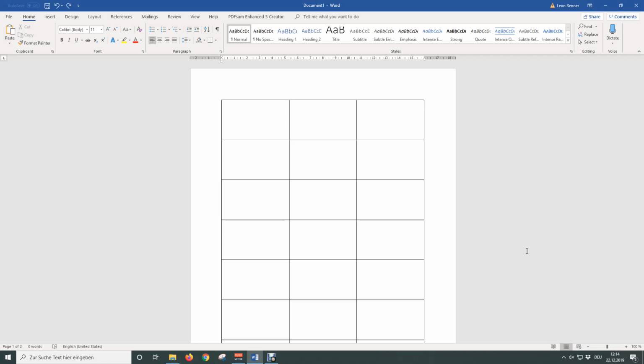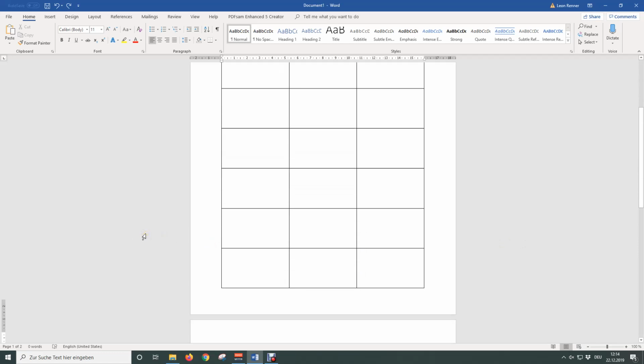In this tutorial you are going to learn how to delete a blank page in Word after a table. I prepared a sample case to show you the problem. As you can see, I inserted a table in a Word document and the table extends to the end of